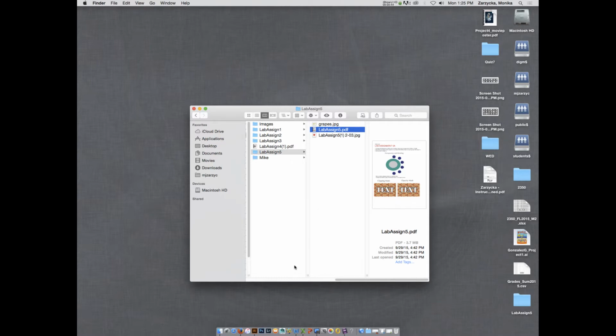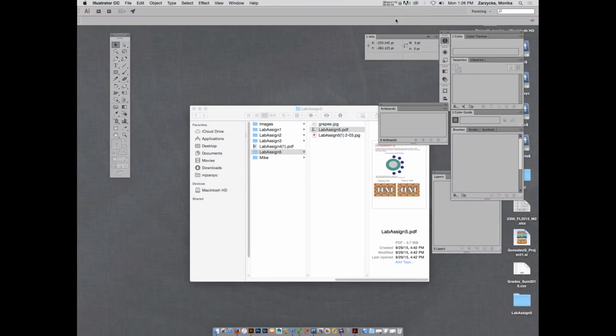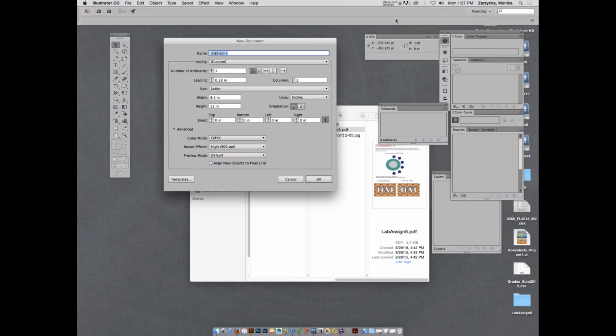let us go ahead and create a new document in Illustrator. Okay? So we will create a new document. Let me see how many artboards we will need. We probably can fit this one in 1, 2, 3, maybe let's do 3, and if we need to add